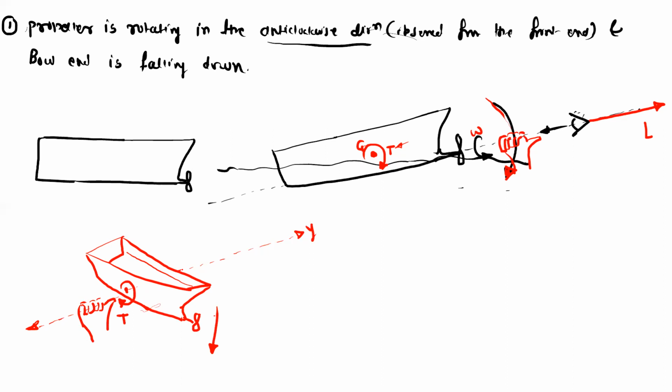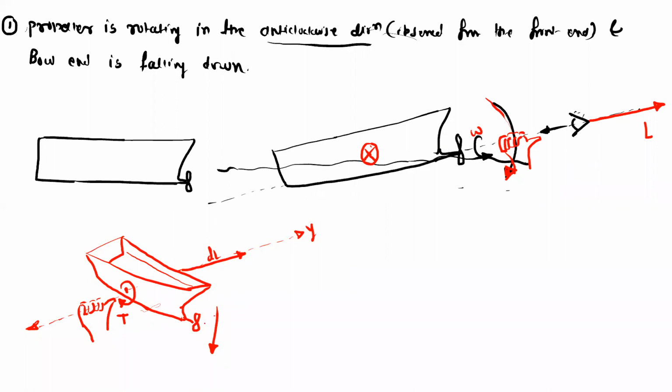So the angular momentum vector because of the torque, which is a small angular momentum, let us take this as dL. Okay, it is along the y-axis. So here if you observe, if this is the center of gravity, then this is the angular momentum vector. Okay, it is perpendicular to the plane and it points away from the plane.